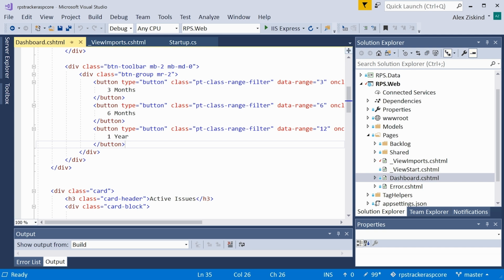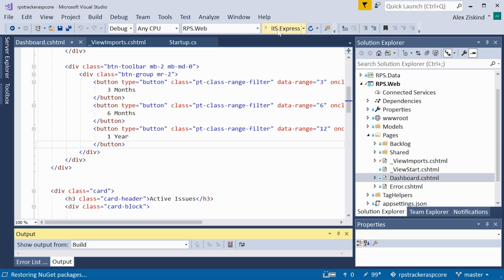Now, since we're not going to alter any server-side code, and we're only altering the view here, the Razor page, we can alter this page while the application is running and see the changes reflected right away. So the development cycle is pretty quick here. I'm going to go ahead and start the IIS Express server, and this will kick off the application, showing us